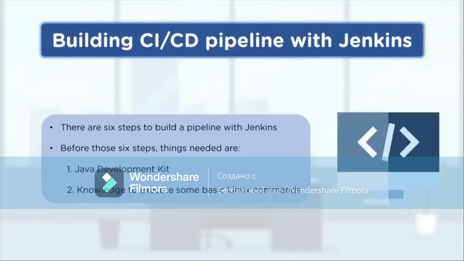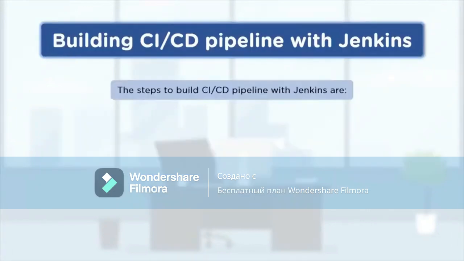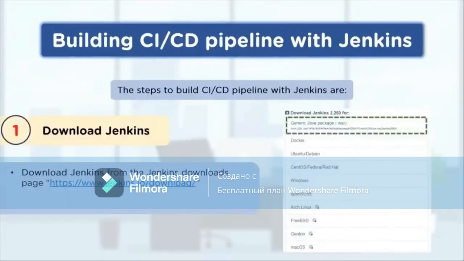And we need to have an understanding of certain Linux command execution, because we are going to run some installation steps and processes, so that's pretty much required. Now let's talk about how to build a CI/CD pipeline with Jenkins. First of all you have to download the JDK, and that is something which is installed. After that you can go for the